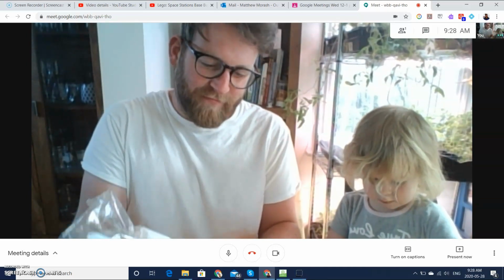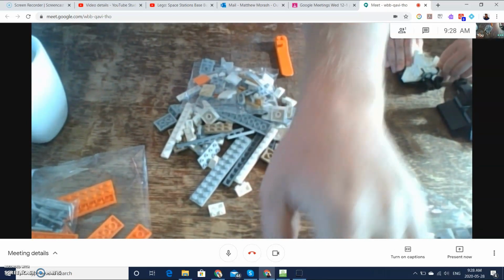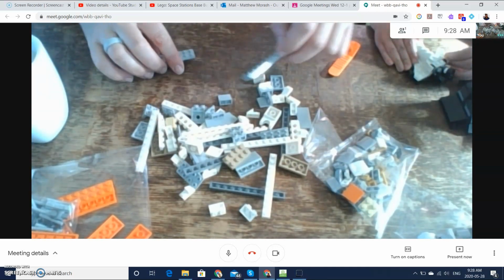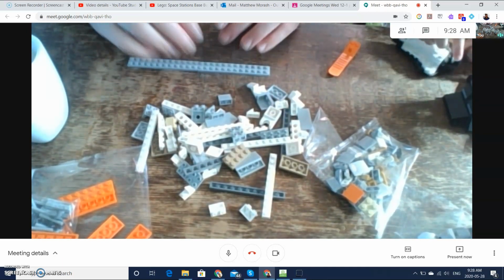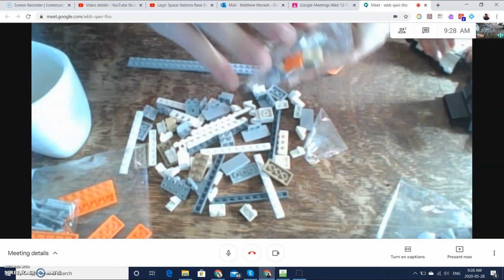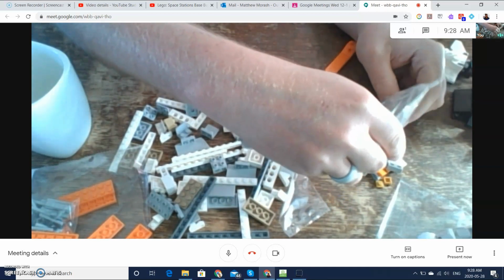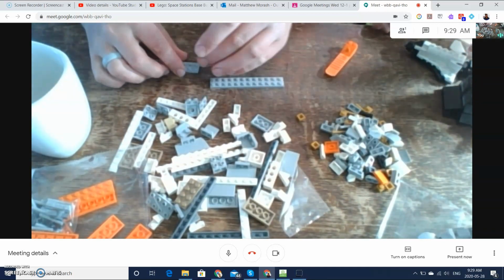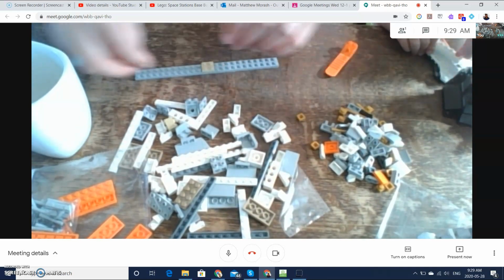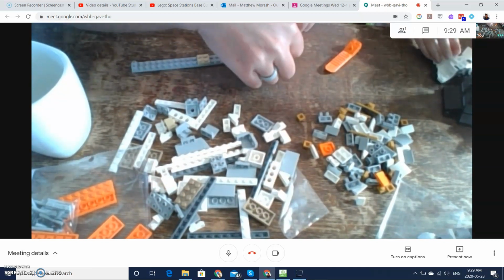Okay, so let's screen down here and you can enjoy our build. And Lily's good at helping me find some pieces. Isn't that right, Lily? I'm going to build this one. You're going to build that on there? Good idea. My morning coffee. Yummy, yummy. And just starting to put these people on the... You're just starting to put those people on? Good idea. These people are going to fly the airplane. Oh yeah, they're going to be the...